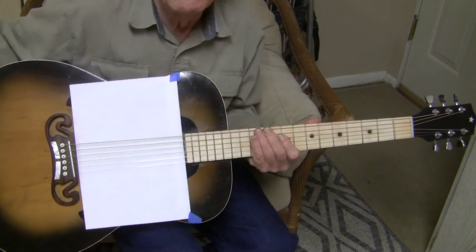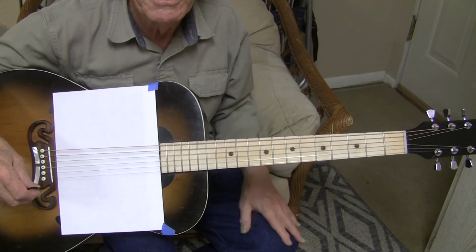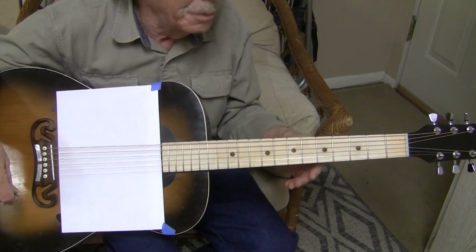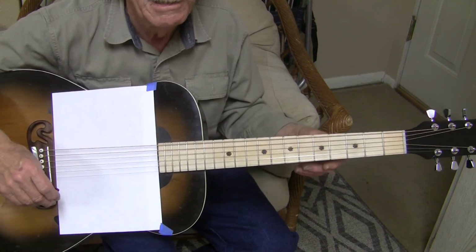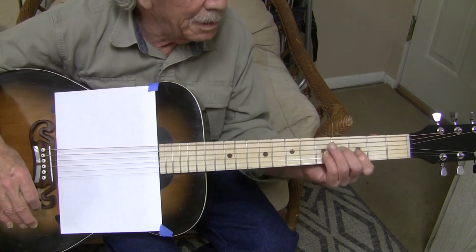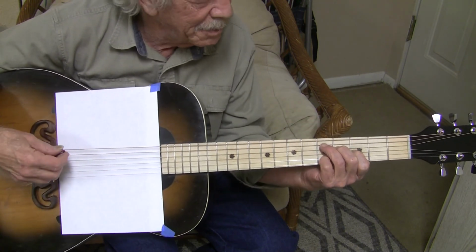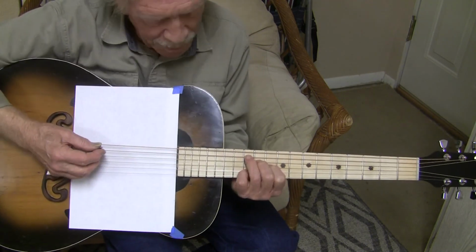So this is a ramble. Levon Helm did some rambles. This isn't like those. All warranties expressed or implied are null and void. This is simply my rambling opinion and rambling monologue on